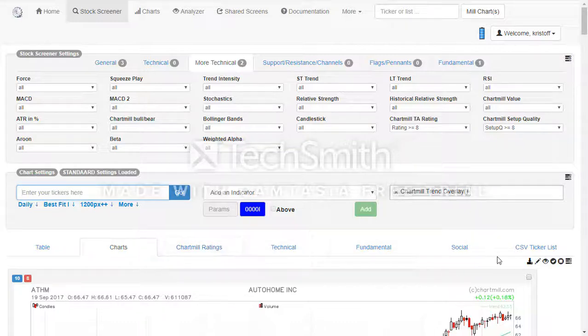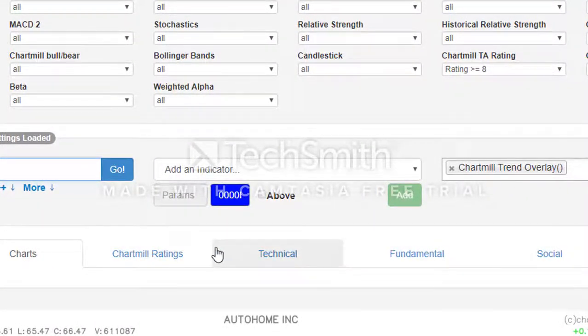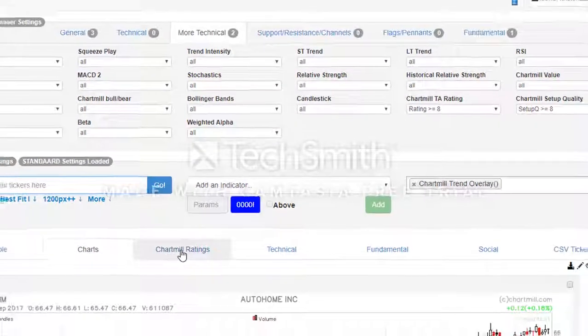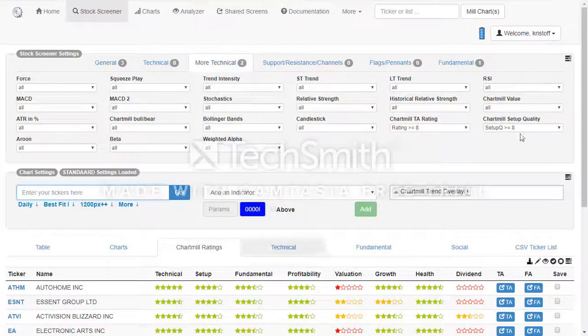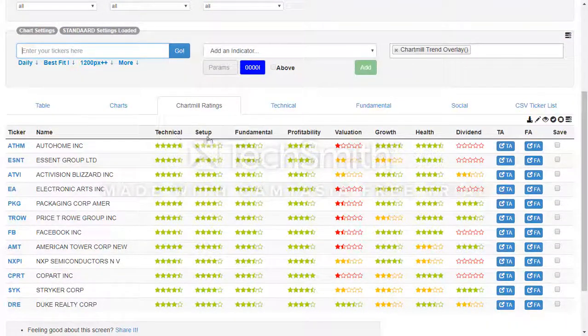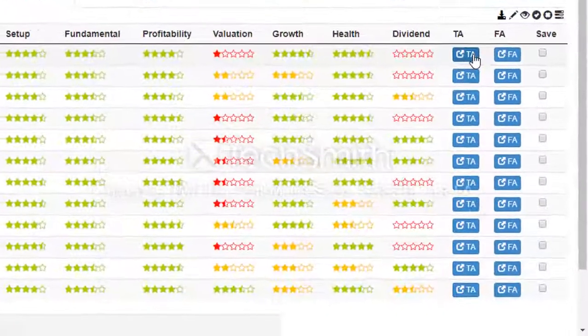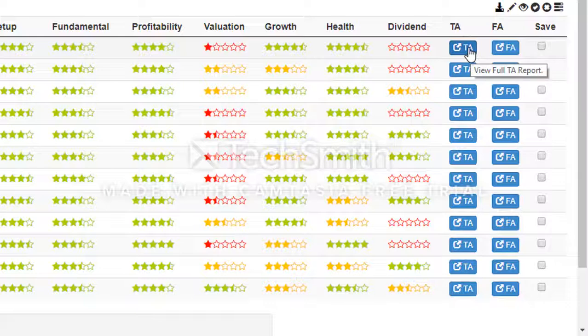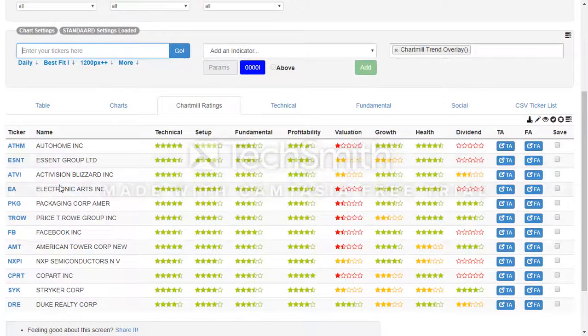There are some other possibilities which you can explore. For example, the Chartmill ratings. It's also very handy. So this screen gives you a nice technical setup and fundamental overview of each of the selected companies. And if you want more in-depth information, you even can choose to see the full technical or the full fundamental report. For example, for Activision Blizzard, if we select the full technical report,